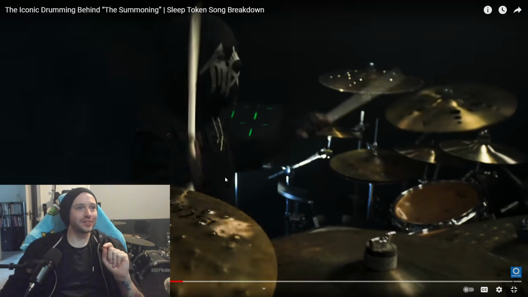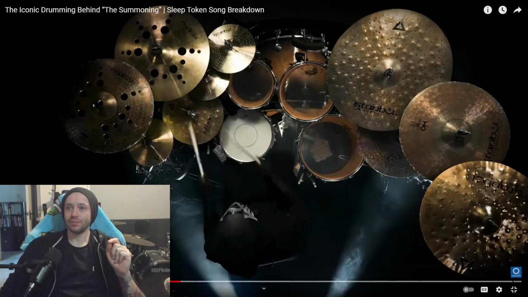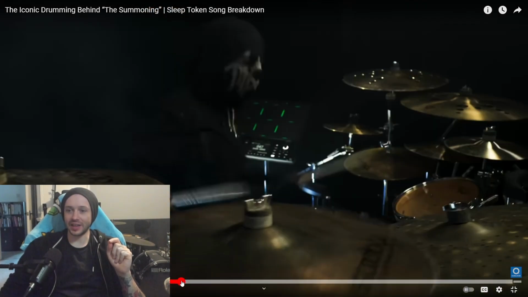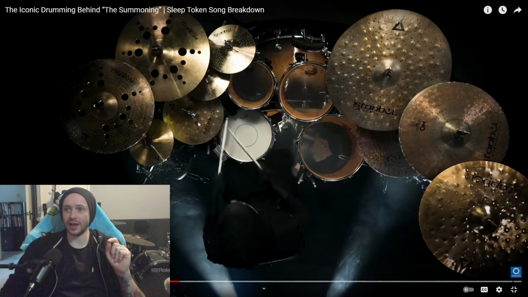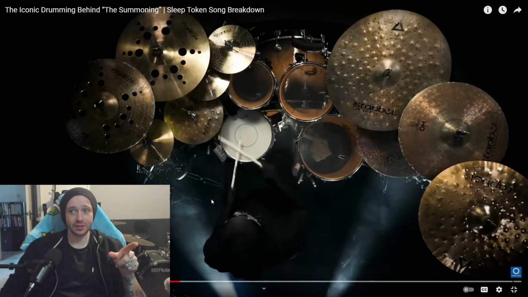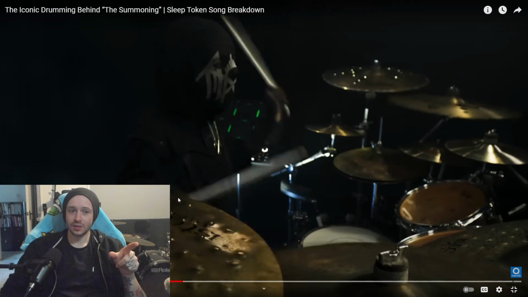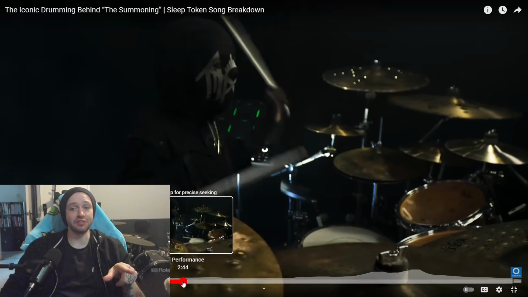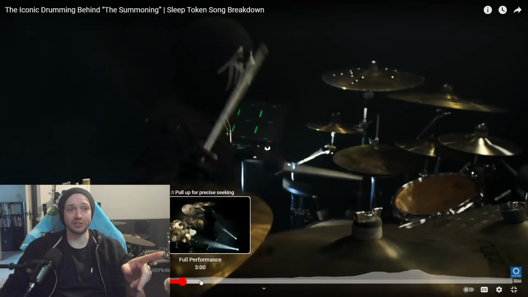That was so slick, and I love that. It's so fast that I'm kind of struggling to see what he's doing there. I think he's doing a snare, hat, kick, and then snare, snare. Snare, snare, hat, hat, kick, snare, snare, I believe. I'll need to look at the transcription because there is a transcription available for this.